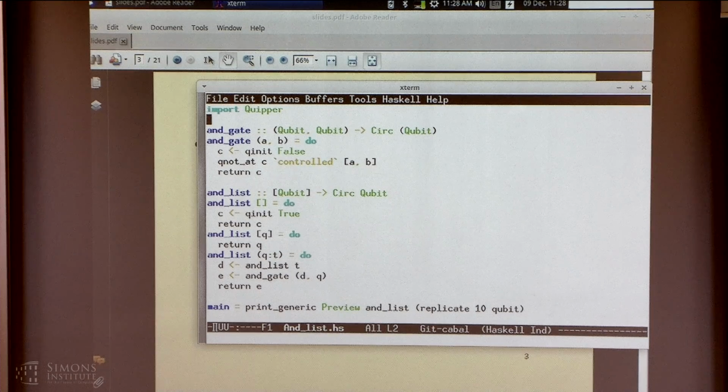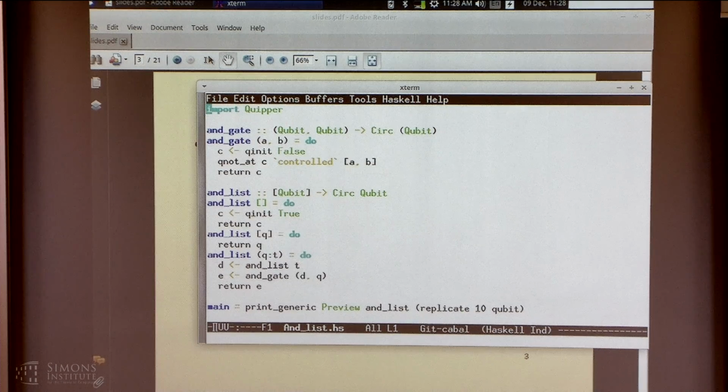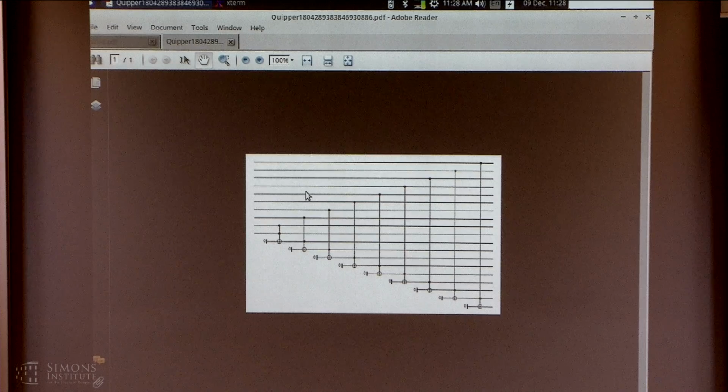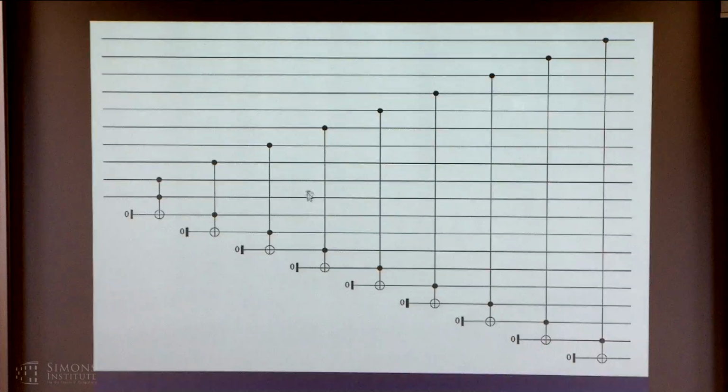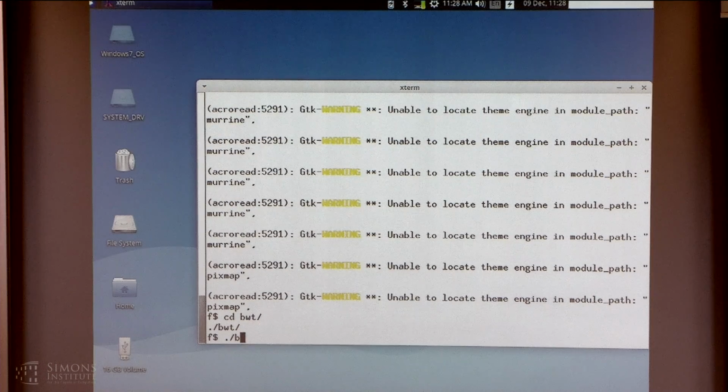If I run this little program, you see at the top of the page it says import Quipper, so that's where the embedded language actually lives. So let's run this. And ta-da, it generates the quantum circuit for ANDing together 10 bits. It's not the most ingenious circuit for doing this. You could do this with logarithmically many ancillas instead of n, but it's exactly what this program does. And you could write a more clever program if you wanted to. Here we're designing the programming language. We're not trying to write clever programs.